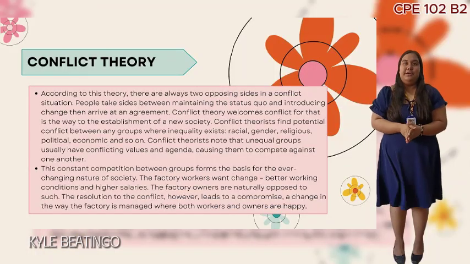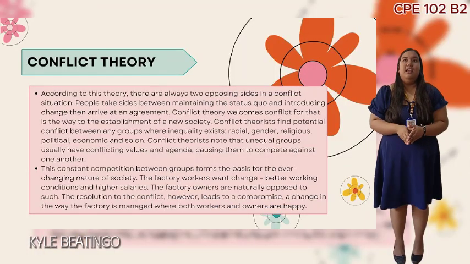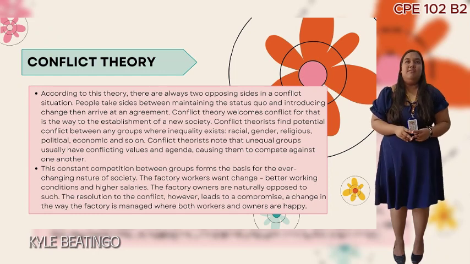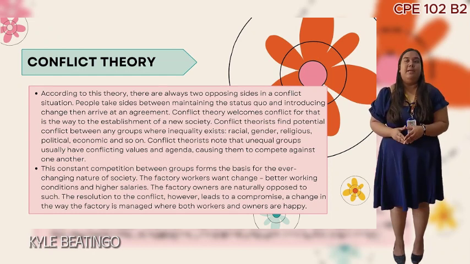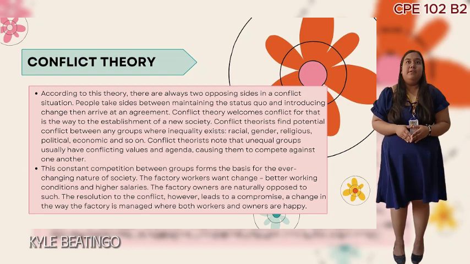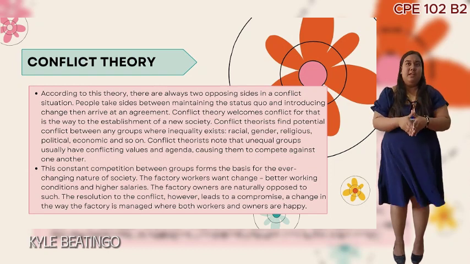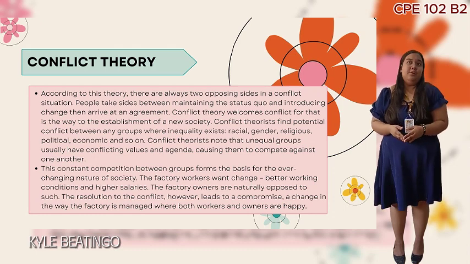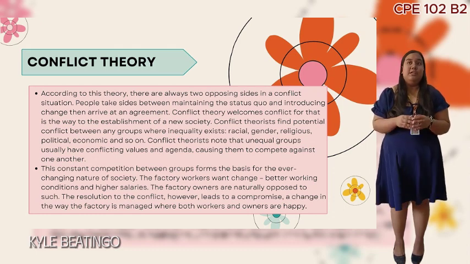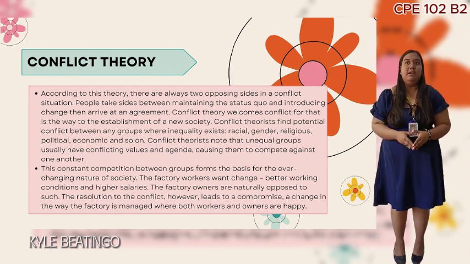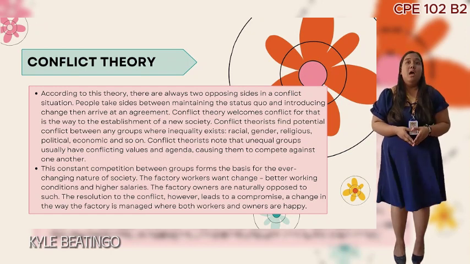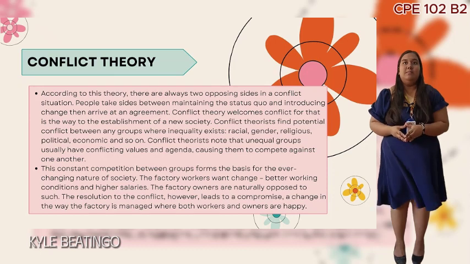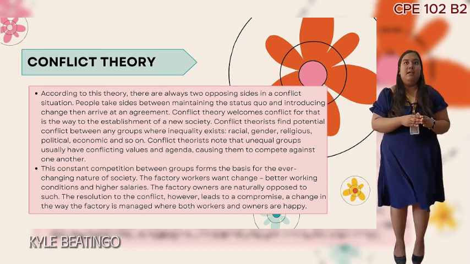2. Conflict theory. According to this theory, there are always two opposing sides in a conflict situation. People take sides between maintaining the status quo and introducing change, then arrive at an agreement. Conflict theory welcomes conflict, for that is the way to the establishment of a new society. Conflict theorists find potential conflict between any groups where inequality exists: racial, gender, religious, political, economic, and so on. Conflict theorists note that unequal groups usually have conflicting values and agendas,